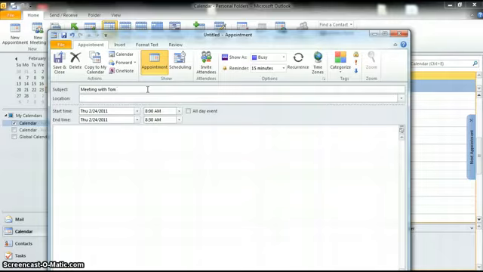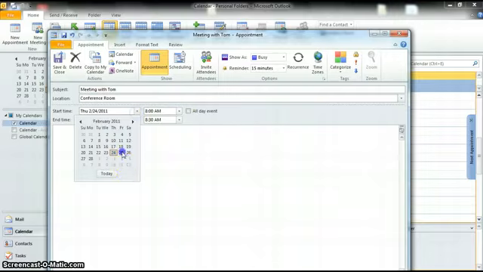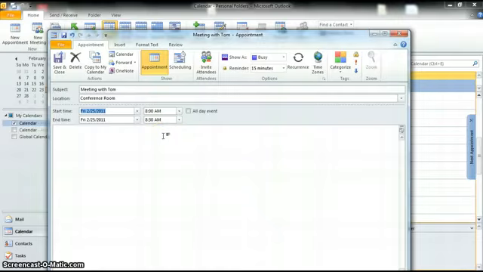meeting with Tom, location, conference room, and then you have start time and date. We'll make this for tomorrow, 8 a.m. to 8:30. We also can set a reminder so that it pops up ahead of time to give you this